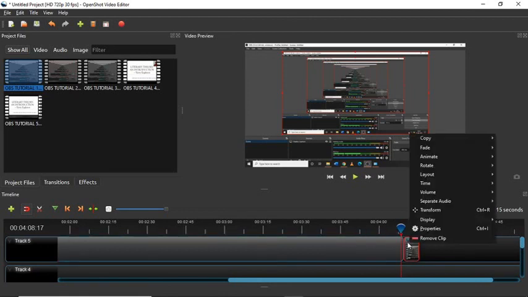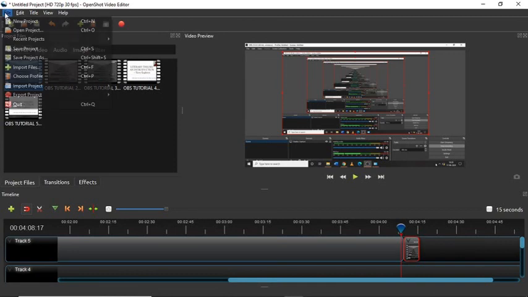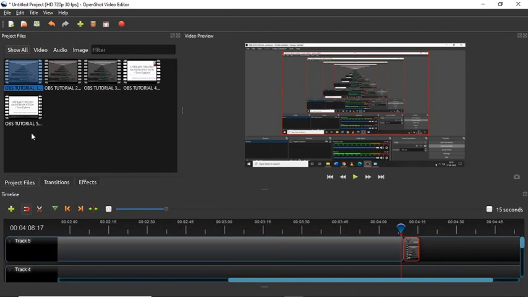If you want to add an image here, you could add an image, right. If you want to add an image at the start of the video, you could add an image, right. So that is how trimming works, right. You could trim any point of the video. You could also save the same project as, like you do in any Microsoft file for that matter. Save project as, so that these things will be kept as they are, right. So once you're done with trimming, this is what you should be doing.